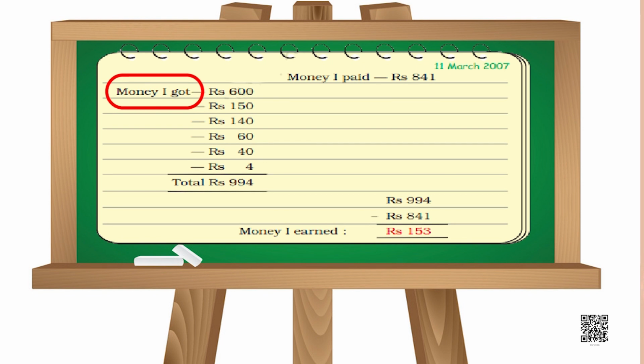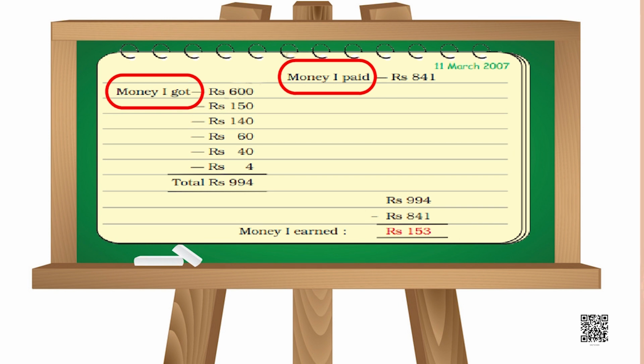And before she got the money, she had paid the junk collectors also. So, on the right side she has documented that as the money I paid. So, paid to the junk collector. So, she has paid here